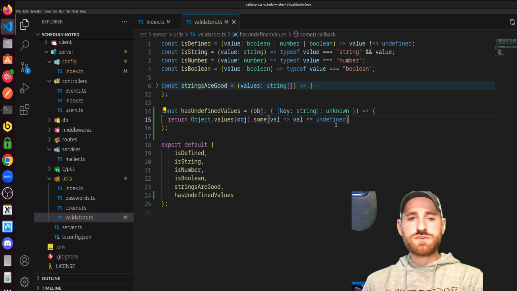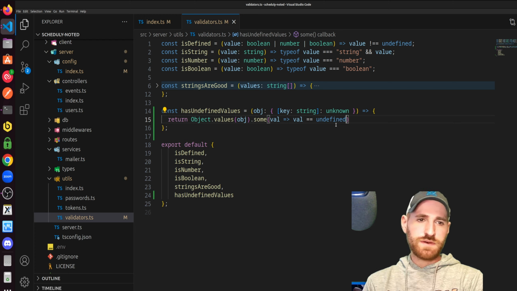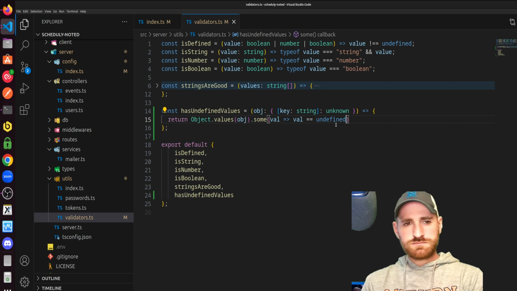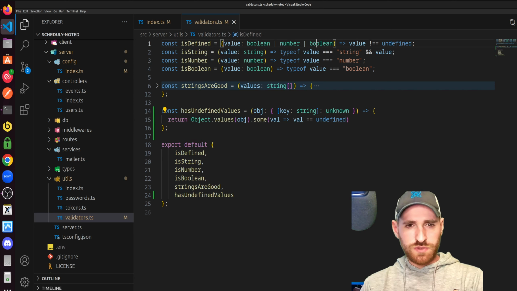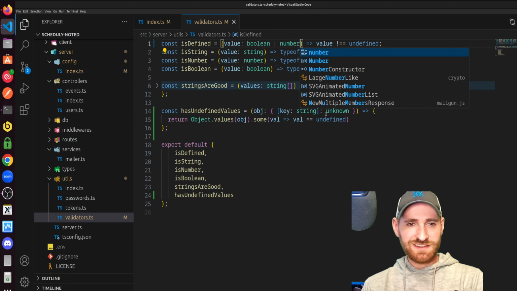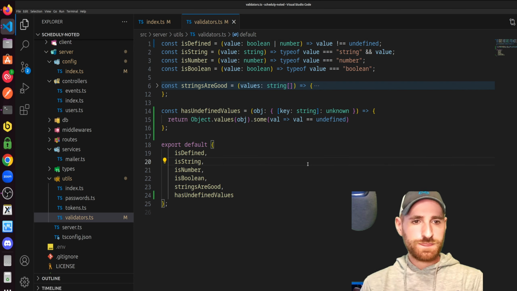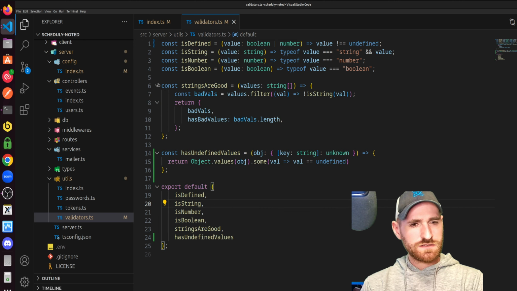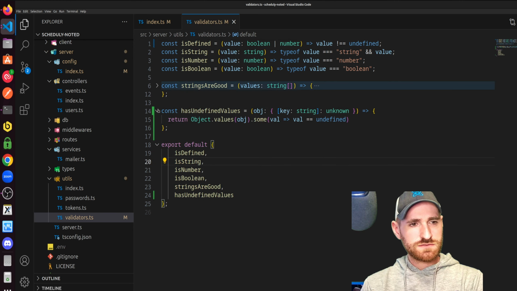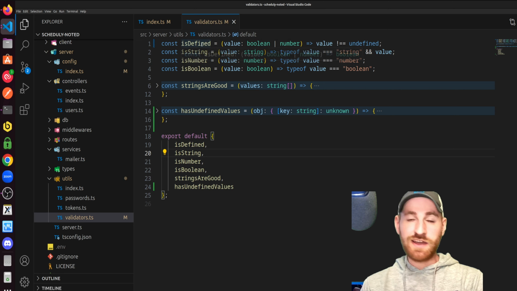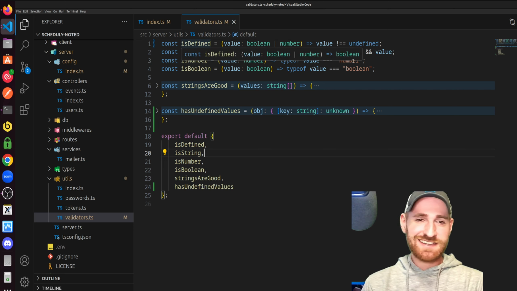I could also just do a general truthiness check. Is defined above values Boolean or number Boolean? What? Why did I do that? Why did y'all let me get away with that? Is defined. What's using that validator? I don't know. Anyway,